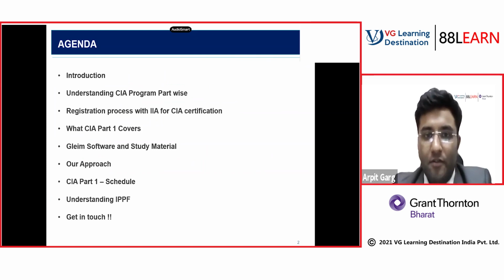I would request a couple of fellow members and students who have enrolled for this session and who are planning to enroll to come up and talk about themselves: your name, the organization you're working with, the number of years of experience you have, and why you want to pursue your course in CIA? Like, what is your expectation of this entire program? So these are the four questions. My request is if a couple of fellow members will come up and say, it will be great for other co-peers and other students and colleagues to know who they are studying with.